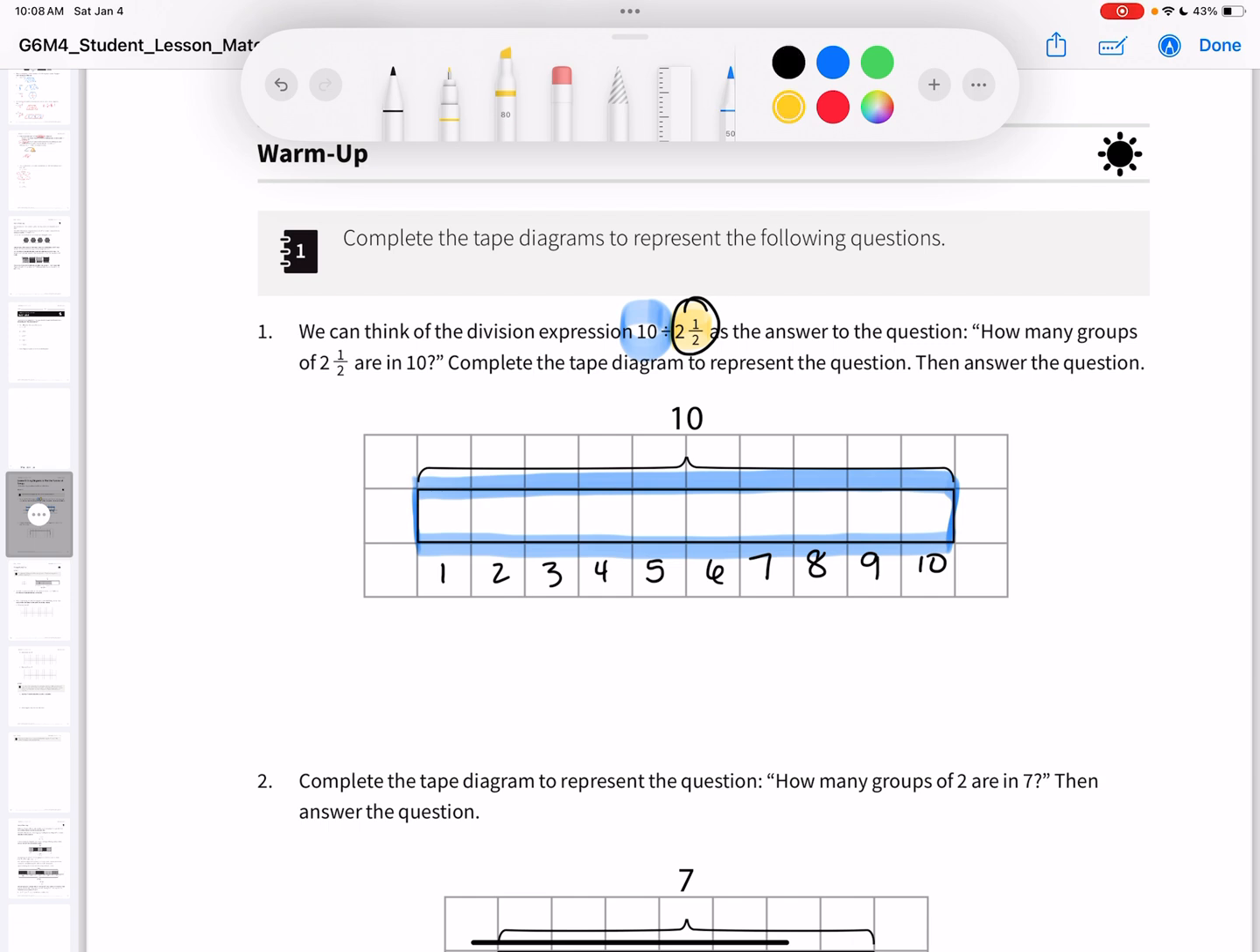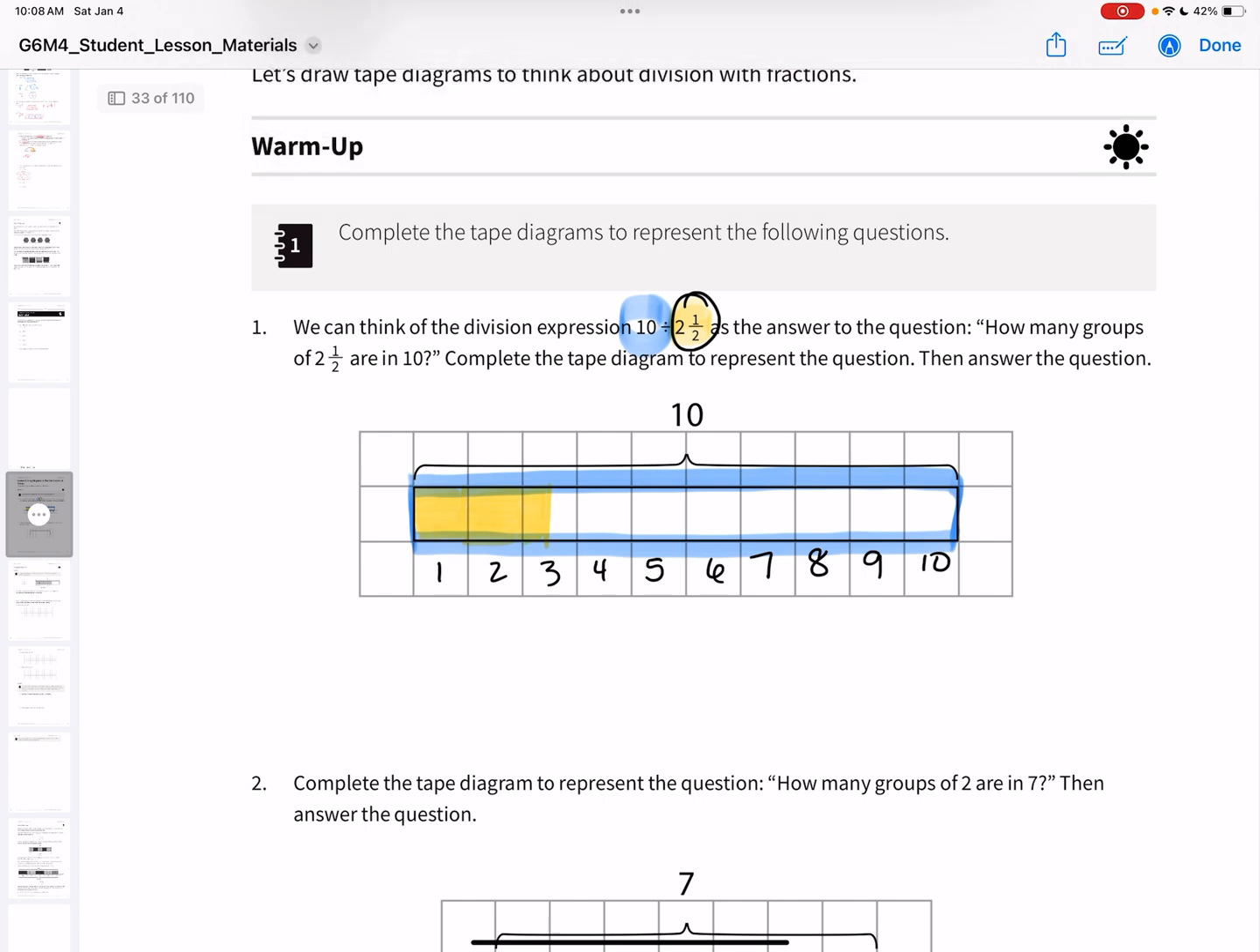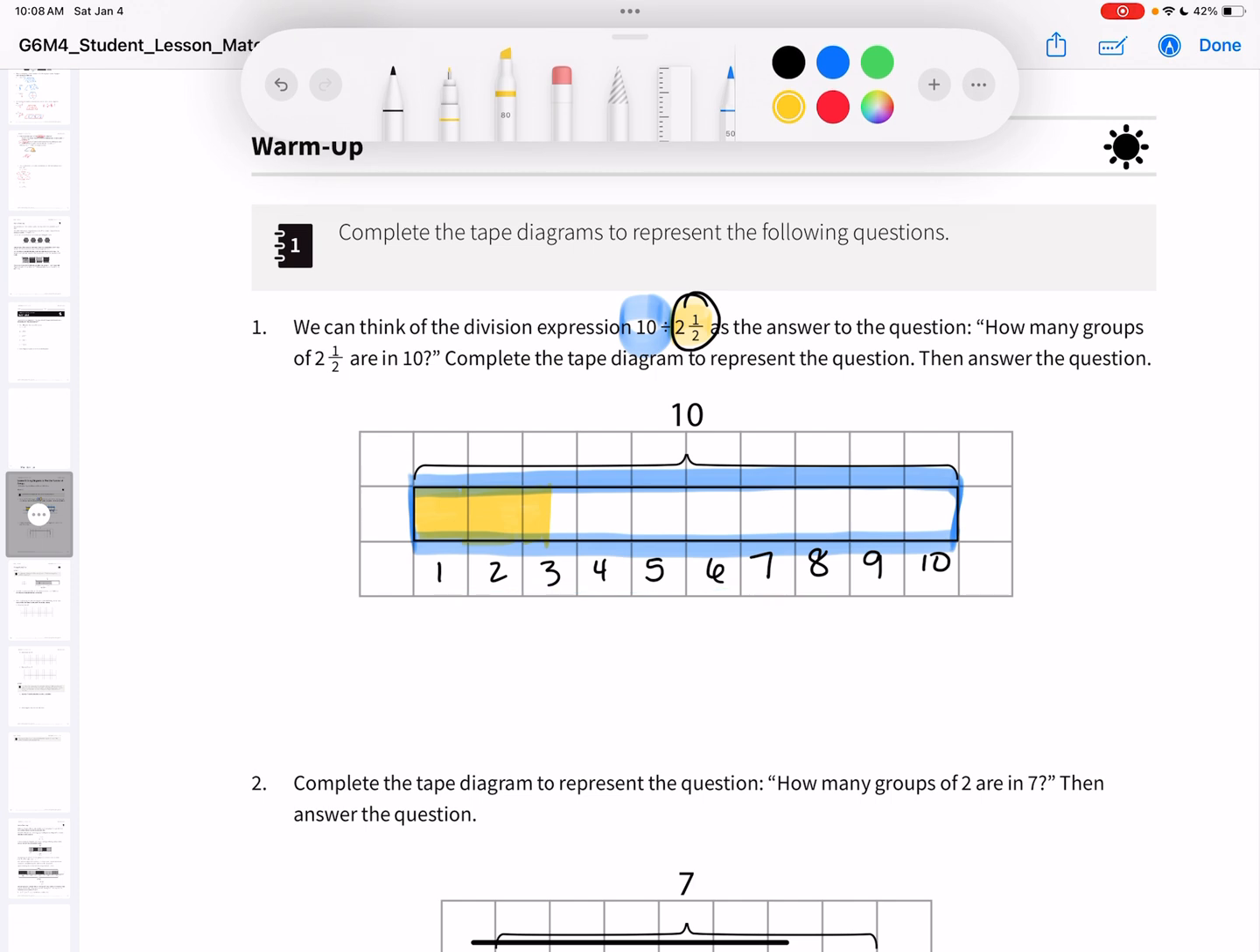So this is what we're going to do. We are going to color in 1 segment, 2 segments, and then a half of a third segment. And that will get us 2 1/2. Okay. Then we are going to continue that and do a half segment, and then 1 whole segment and another whole segment to get us 2 1/2. Then we're going to do it again. Here's 2 1/2